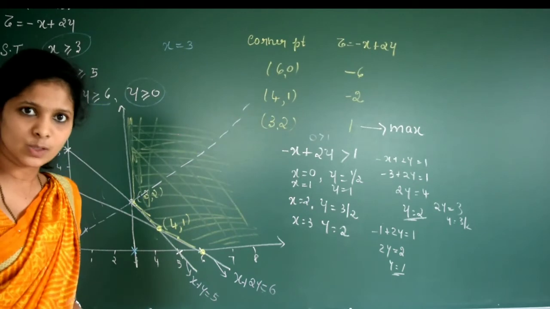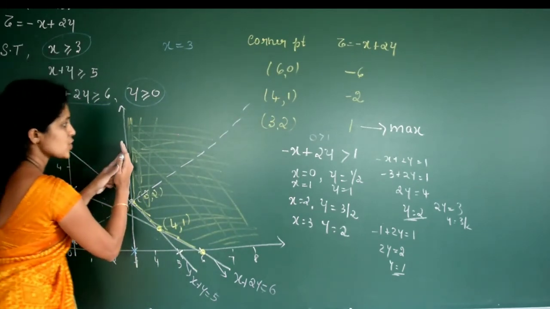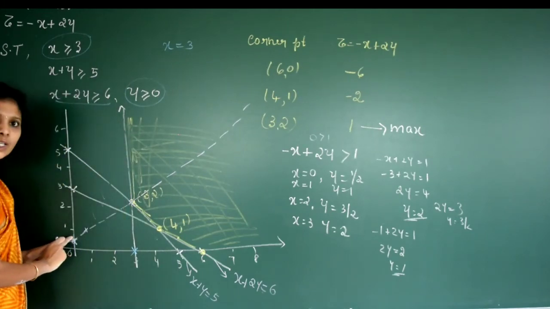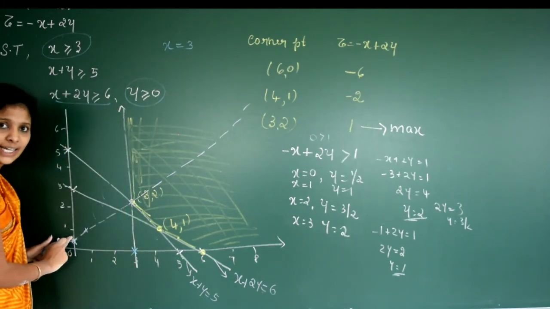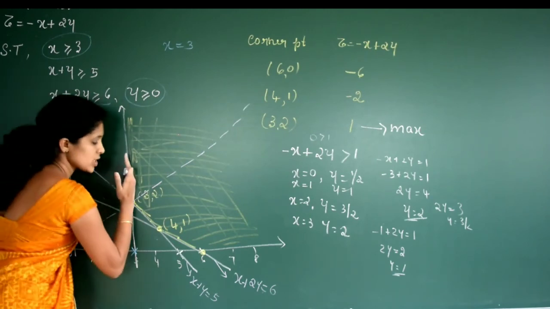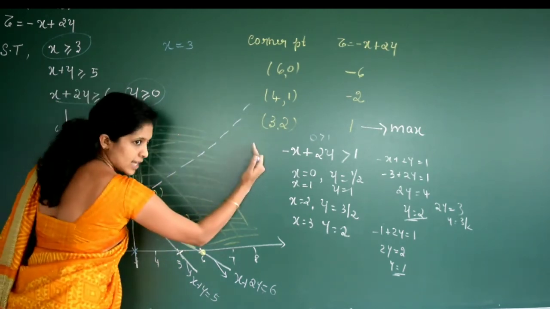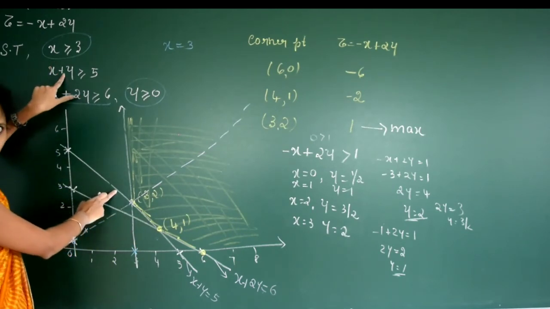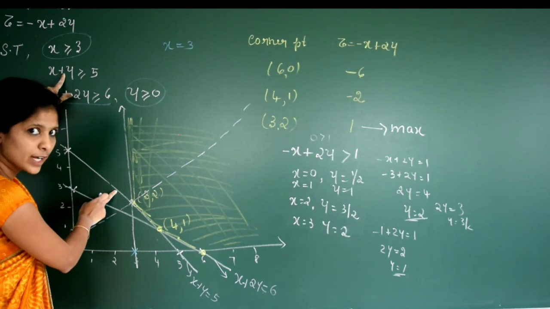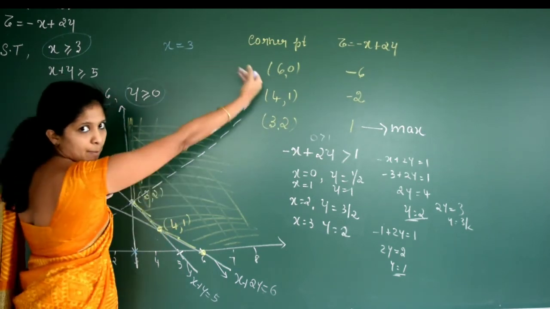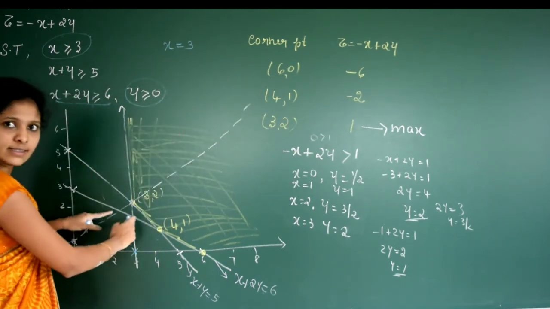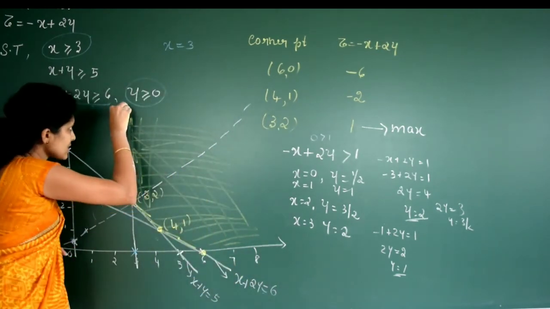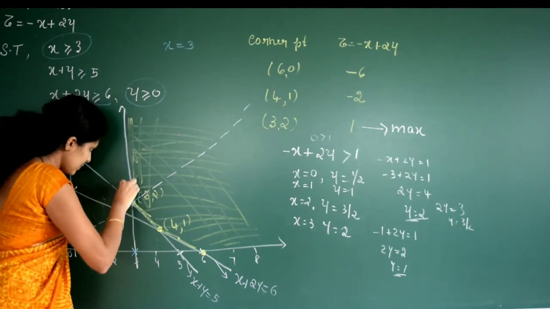Now we need to find the solution region. For this one, solution region will be greater than, right? If you substitute origin, 0 greater than or equal to 3, not possible, right? 0 is less than 3. So solution region for this one will be this side. And for the second line, if you substitute 0, greater than or equal to 5, not possible. Solution region will be above, right? So this is again 0 greater than or equal to 6, not possible. So solution region will be above. Now this is the common region.